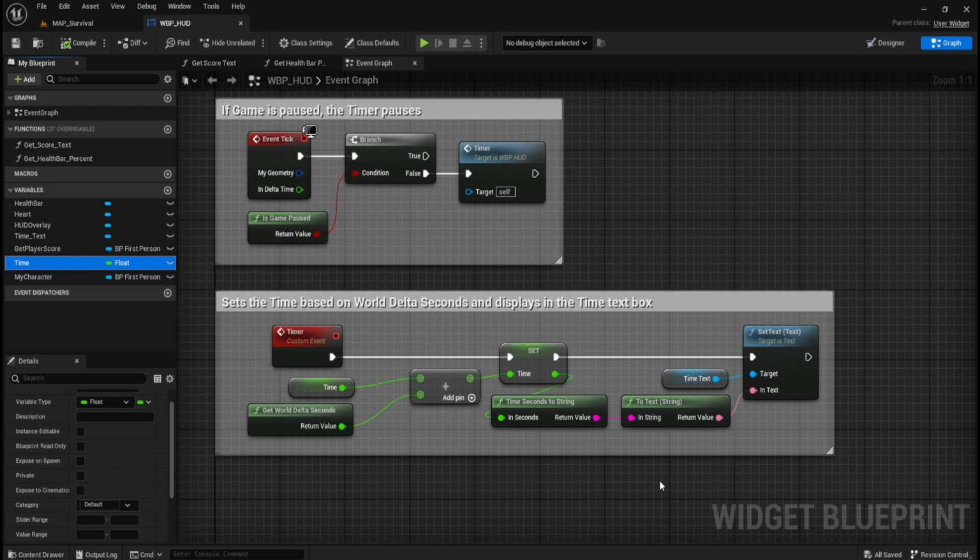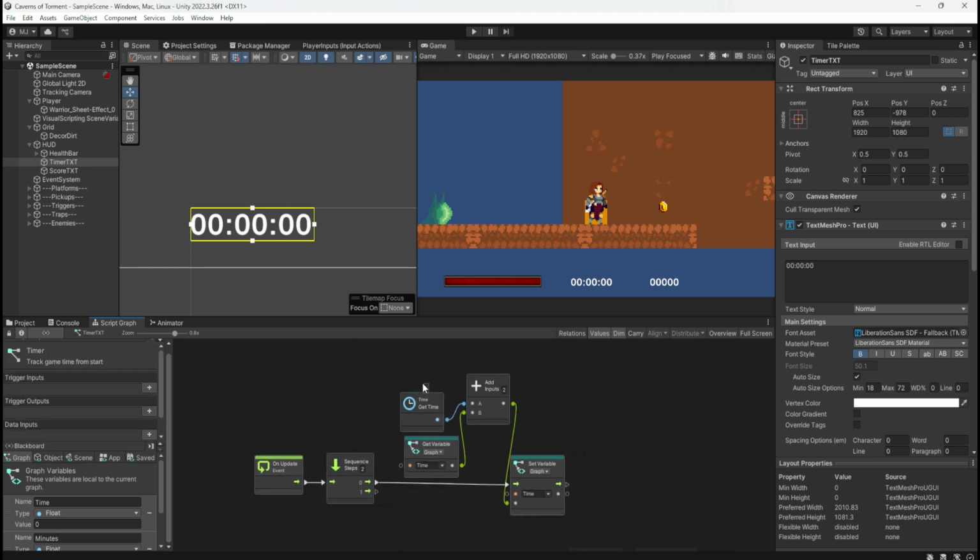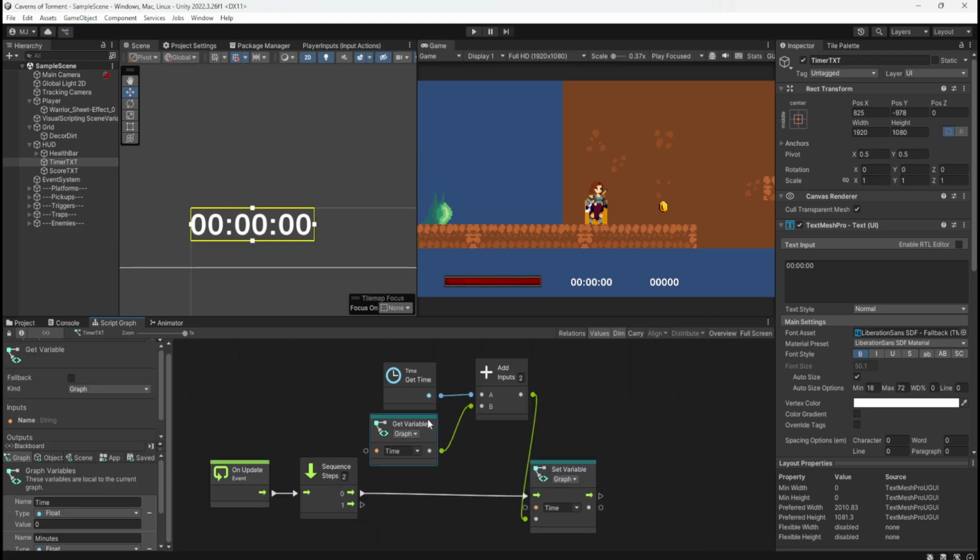That function there, time seconds to string, basically just puts the time straight into the right format, and that's how simple that code is. I just want to do the equivalent in Unity. So I'm trying to recreate that same code in Unity, if that's even possible. I don't see why it shouldn't.